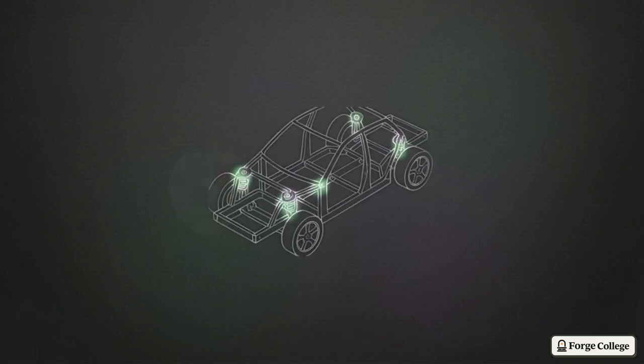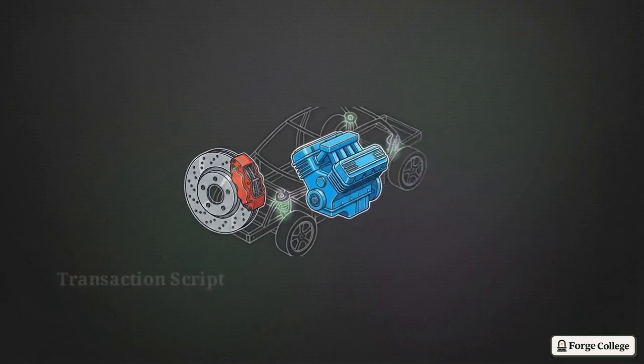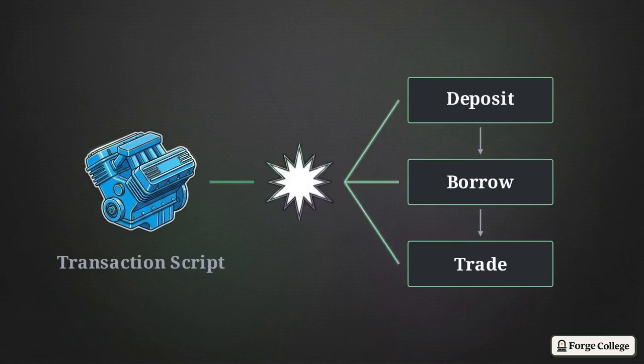In our last lesson, we focused on building emergency brakes to stop a protocol safely. Today, we are building the engine. We are going to construct a deposit-borrow-trade script for a derivatives workflow, and we will use AI to help us